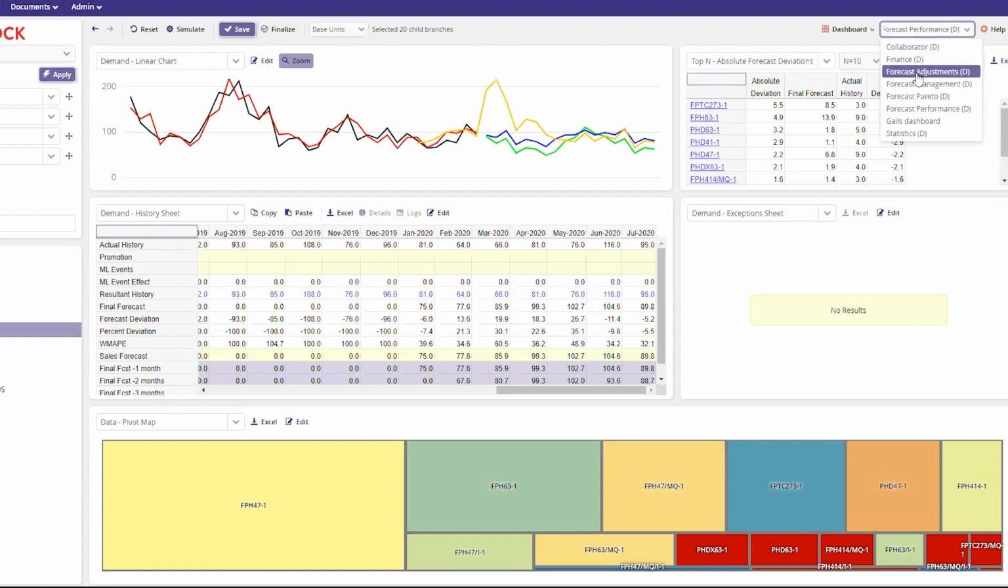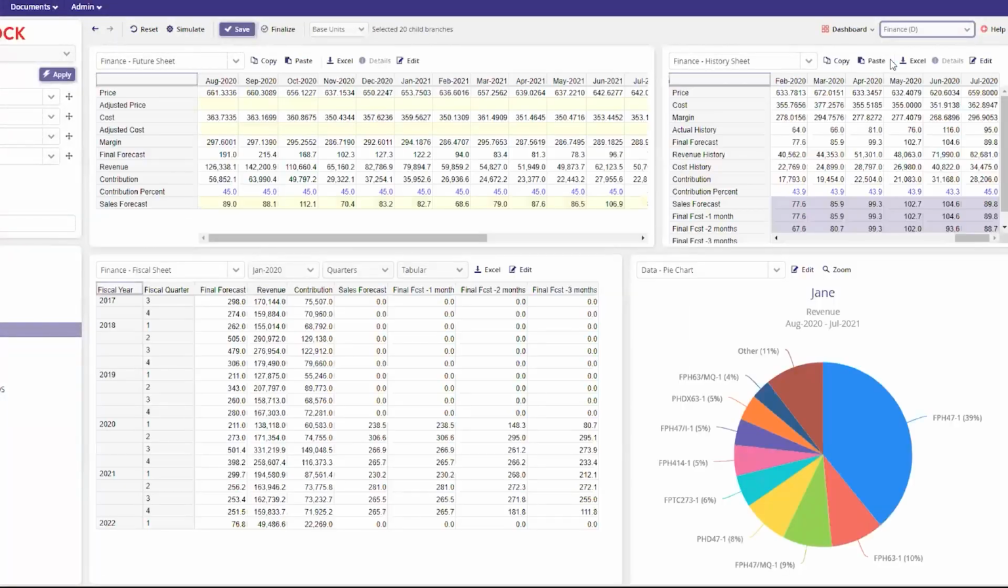We also have the ability to have that finance dashboard, which gives us the ability to adjust forecasts by price, or at least change our sell price and our cost price in all of these panels here, and see what that impact will have over time. And we can see here the split of the items in our pie chart for the products that Jane's responsible for forecasting, and